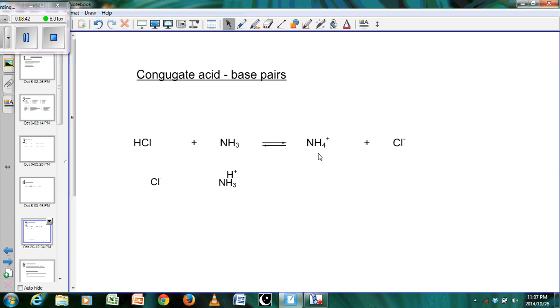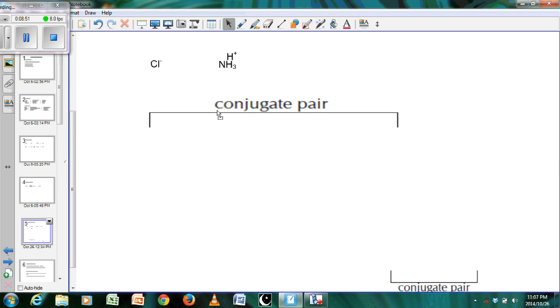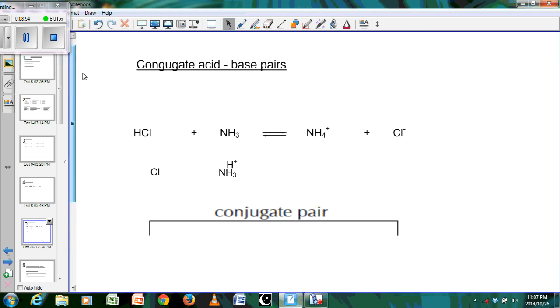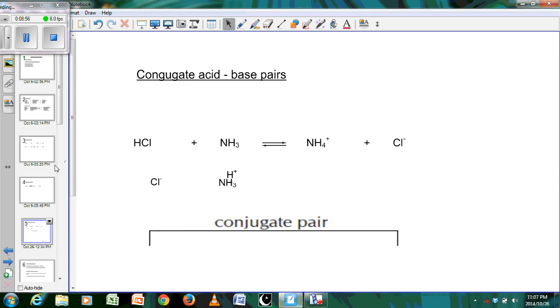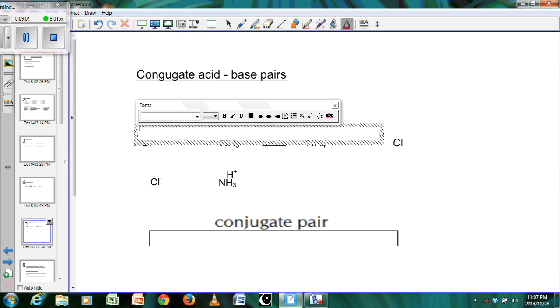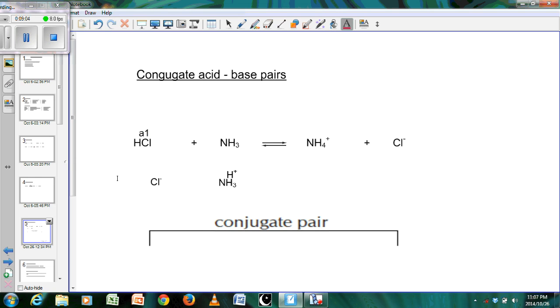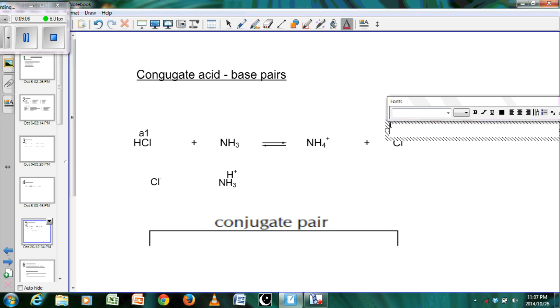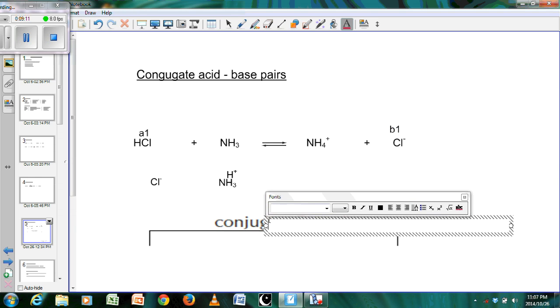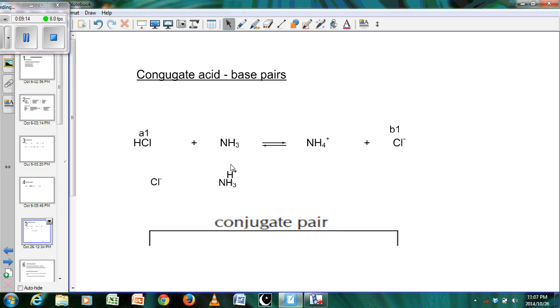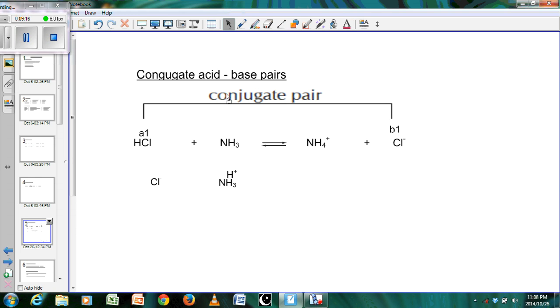So here we can see that we have conjugate acid-base pairs. HCl becomes Cl minus. So we can represent this as a conjugate acid-base pair as follows. HCl is your acid 1, and the conjugate base will be base 1. So your acid 1 will be HCl, and your base 1 will be Cl minus. So that we've got our conjugate acid-base pair,